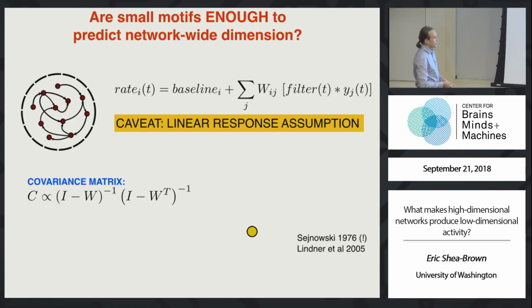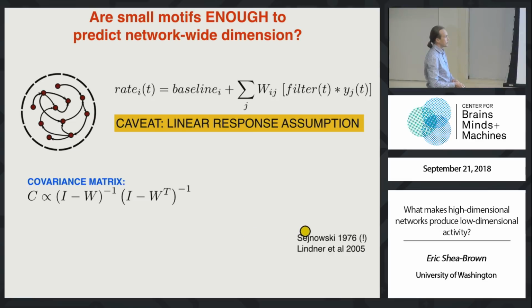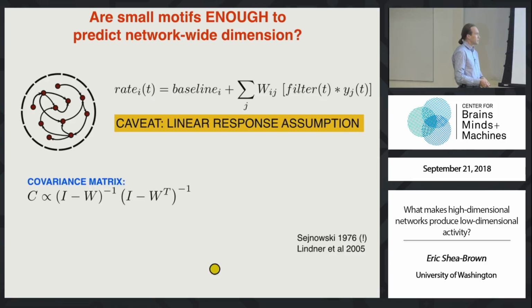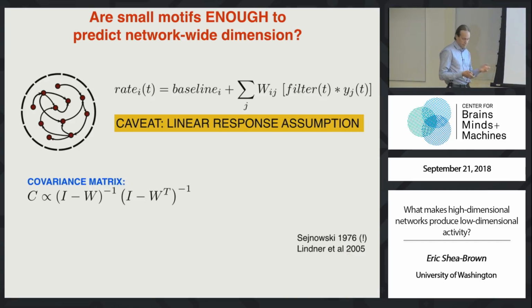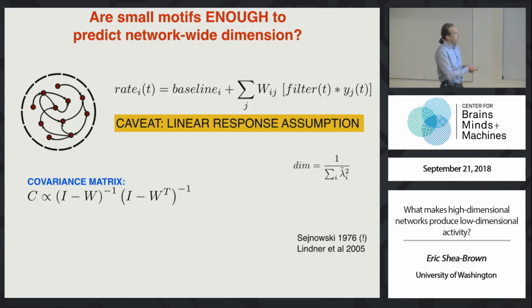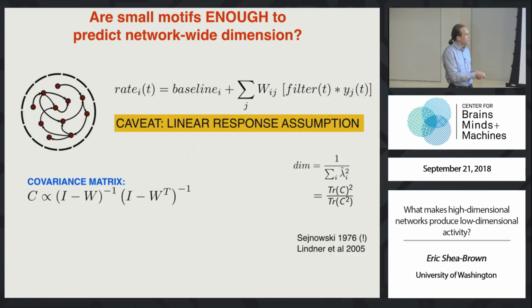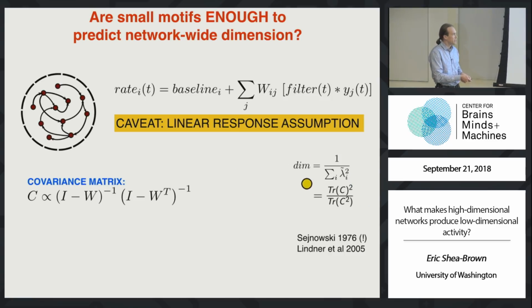In the literature, let's go back to the 70s, retro style, for Terry Sejnowski, who I think is the first to write down this formula in the context of neuroscience. And note that Benji Lindner has also used this formula and many others that follow. So what are we going to do with this covariance matrix? Well, let's remember that our dimensionality is based on it through its eigenvalues. It turns out that the dimensionality is based on some simple matrix statistics of that covariance matrix involving the trace. So this covariance matrix is going to be useful.